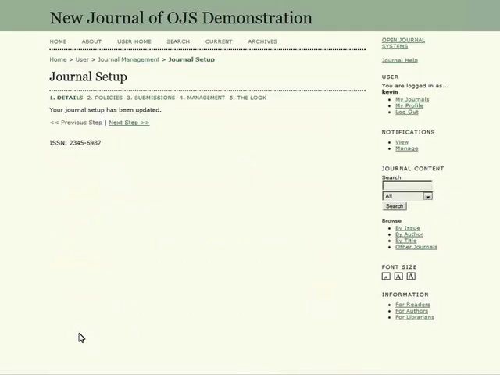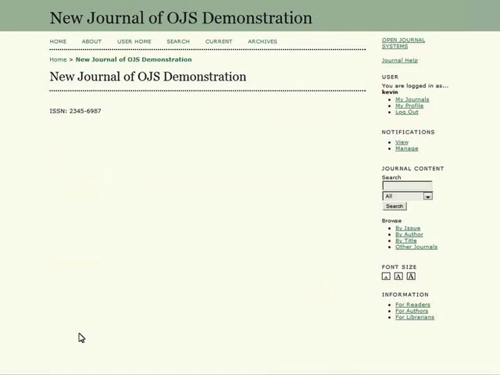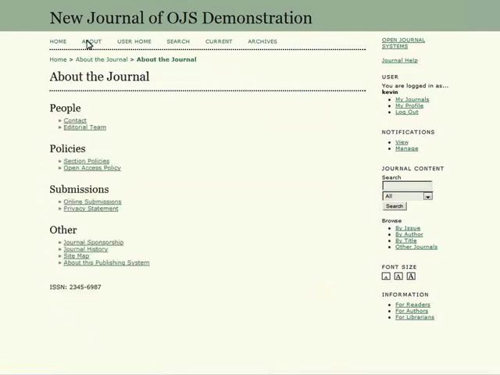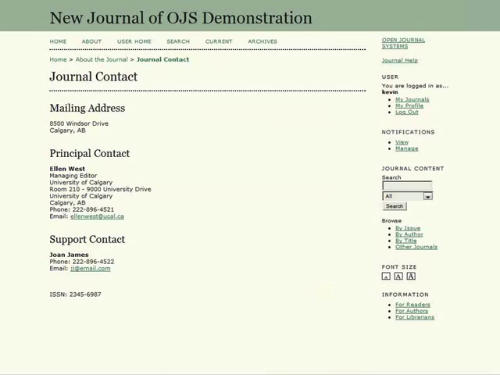From here we could then proceed on to the next step, or we could take a look at what we've done so far. Let's select About and Contact. And here's where we can see the mailing address, the principal contact, and the support contact information. Also in the footer, we can see the ISSN. Let's just go back,